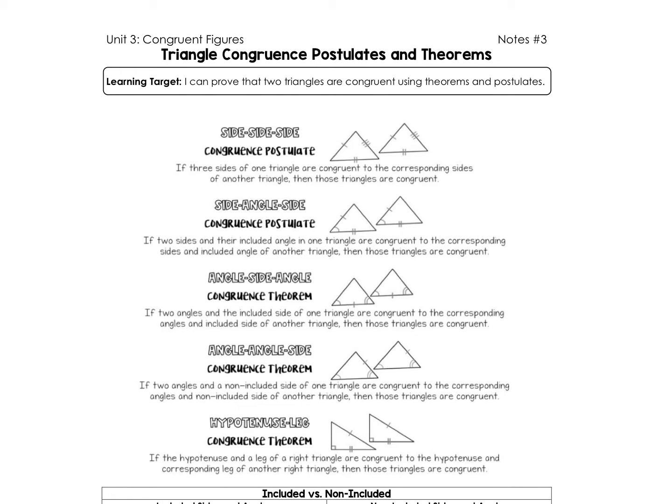Hi everyone, this is the video lesson for Unit 3, Notes number 3 in Geometry. In today's lesson we're going to talk about triangle congruence postulates and theorems, and in short, these are the shortcuts